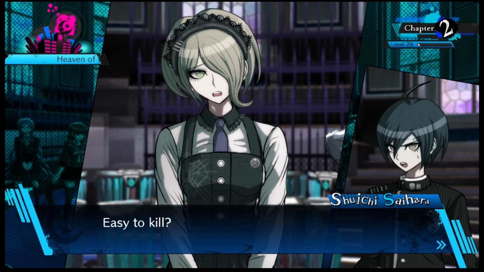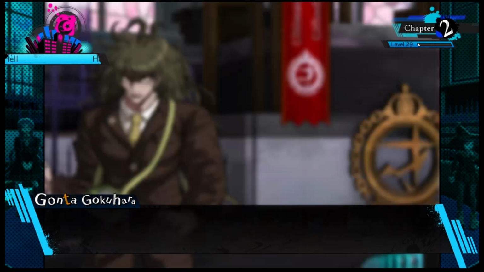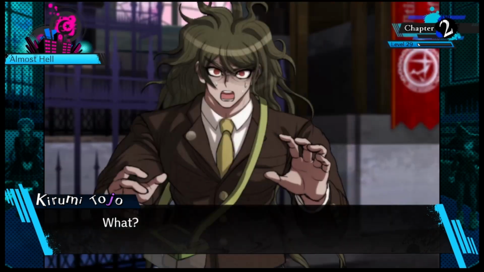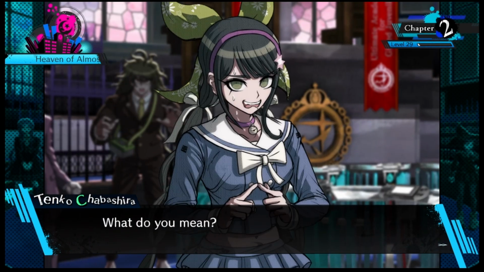Easy to kill? His small stature made it very easy. Weird. Ryoma was not that weak. When he used the Shikuchi method, even Gontono could catch. I do not agree. His physical strength was irrelevant when he did not have a reason to live. Do you agree? Without that, he became the weakest among us. Huh? What? I took advantage of his weakness and killed him. What do you mean? That is...